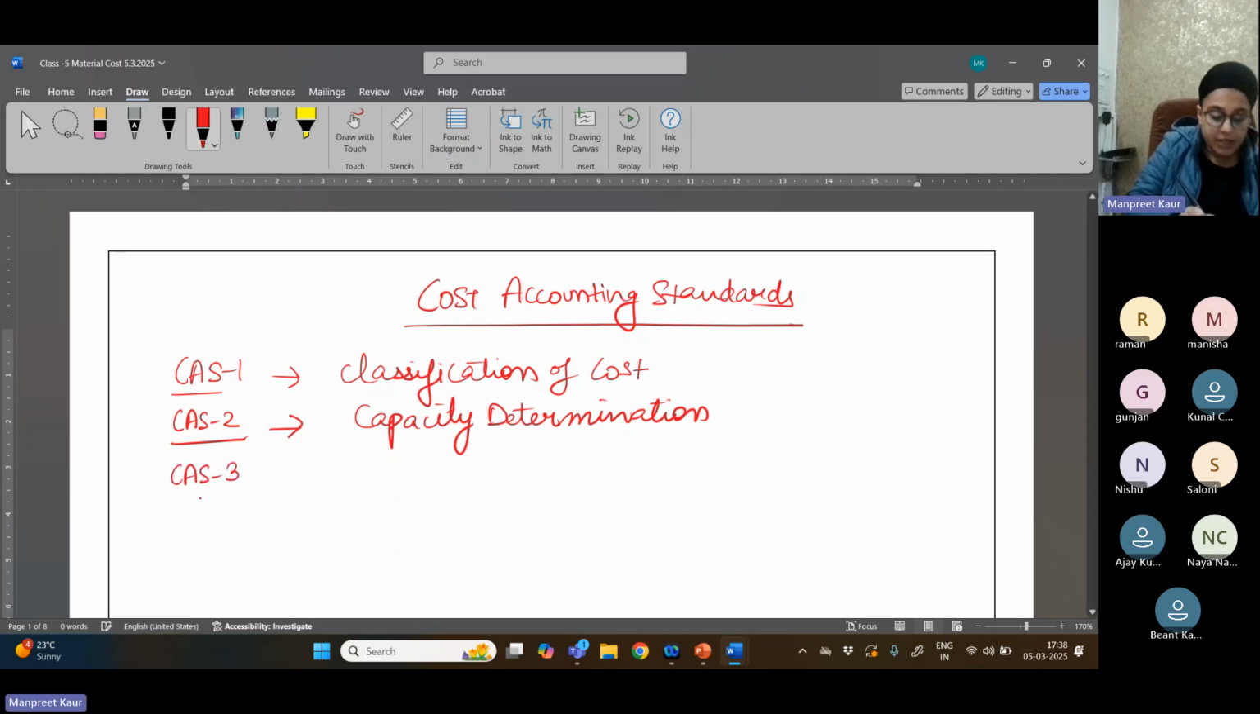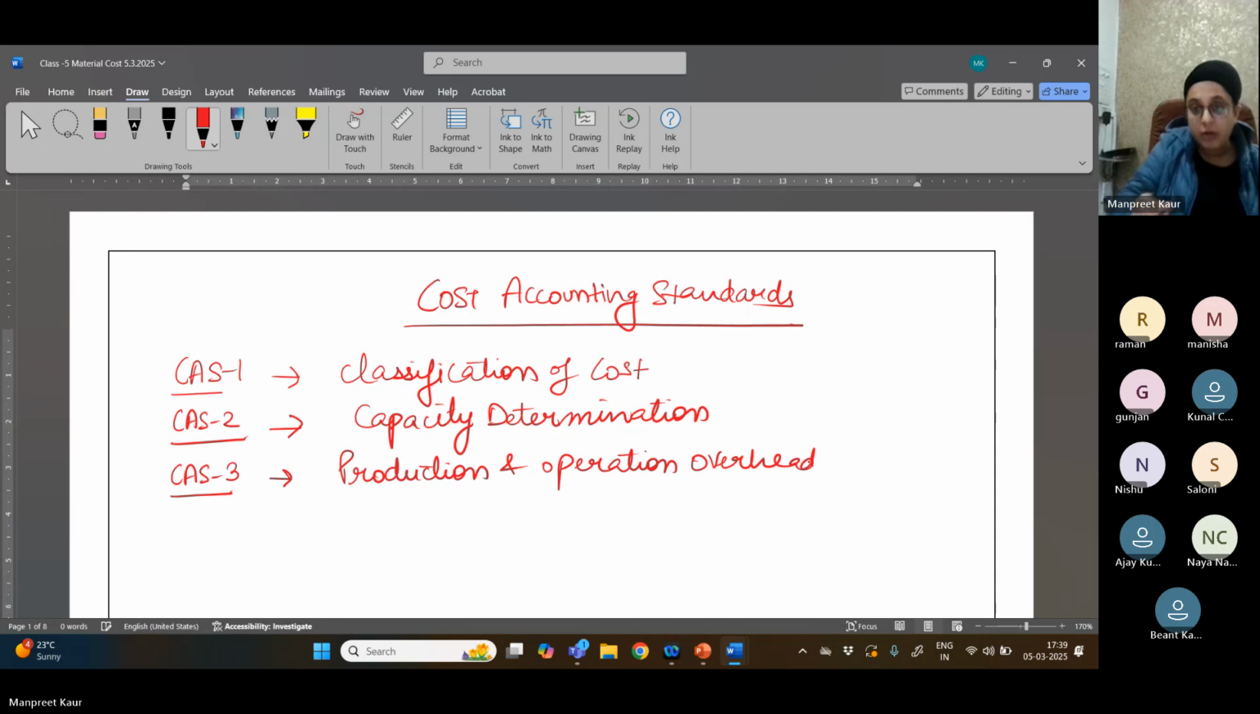Next is the CAS 3. It is related to production and operation overheads. Overhead means, yes, anyone, please tell what does overheads mean? Indirect expenses. Very nice. Overheads are the indirect expenses which are related to production and operation stage, and come under the